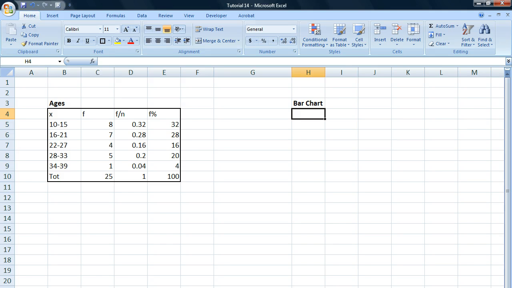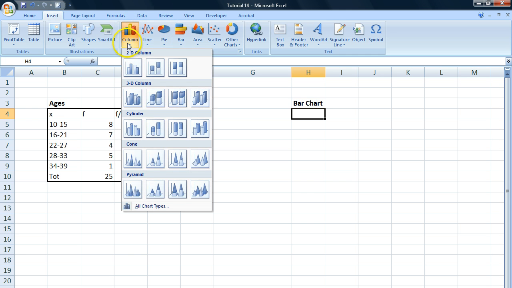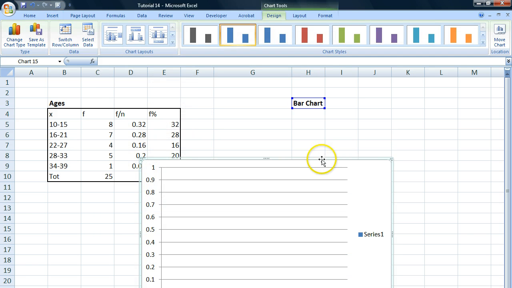Today we're going to go through bar charts and how to create bar charts. So we'll get right to it. We go to Insert over here, we choose Column, and there are many different categories you can choose from. We're going to choose a real simple one, just this one up in the top left corner, and we arrive